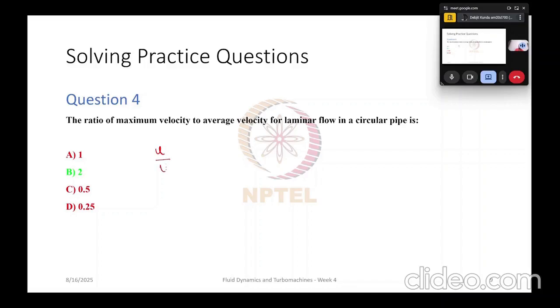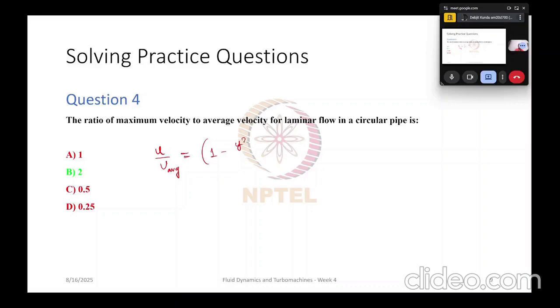We know that u by u infinity, or sorry, u by u average, for laminar flow through a circular pipe is given by 1